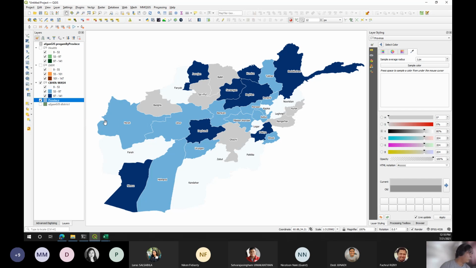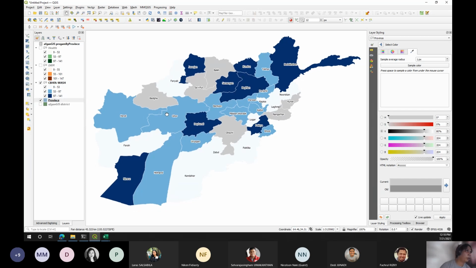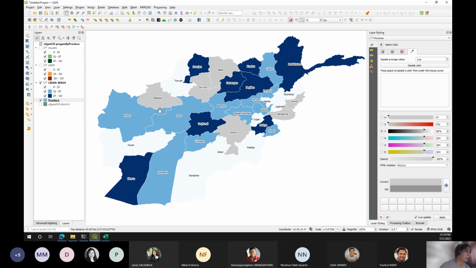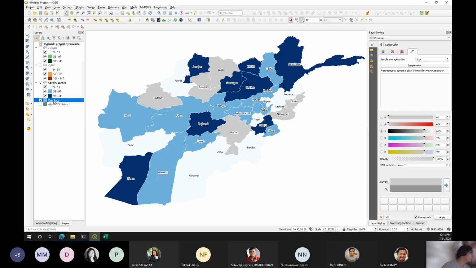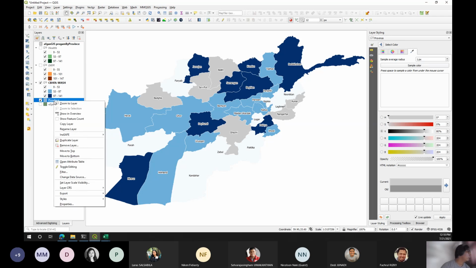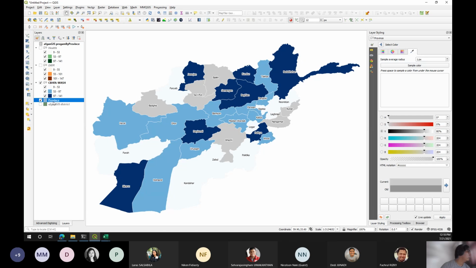Okay, but I think I want to make some border outside of it so it can clearly represent Afghanistan as a whole. So what I'm going to do is just right click on the province and, hang on, yeah, I want to,